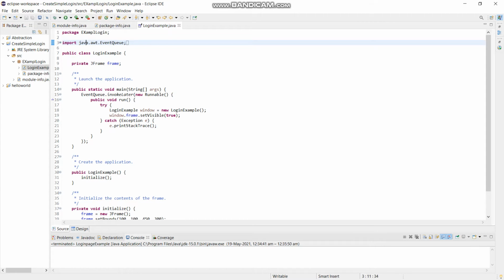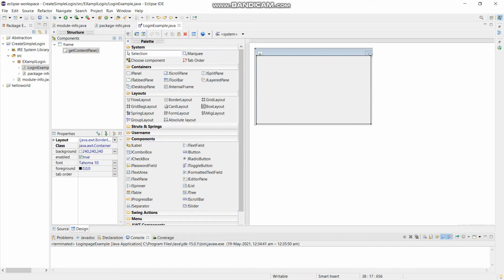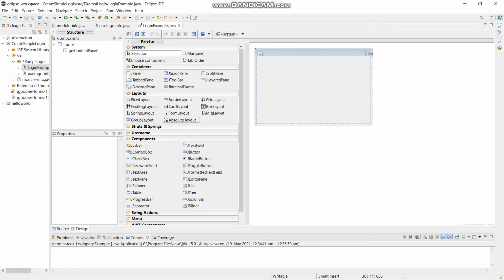Below you can see there are Source and Design. This is the programming of the design part of the application interface. There are two parts to this, the Palette section and the Structure section. From the Palette section you can take these components, like the buttons, and put them into the application interface tray. So what you have to do is copy this absolute layout, click on this, and then put it on with the help of the cursor.